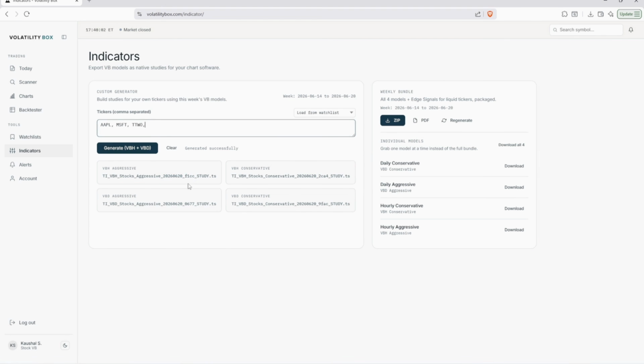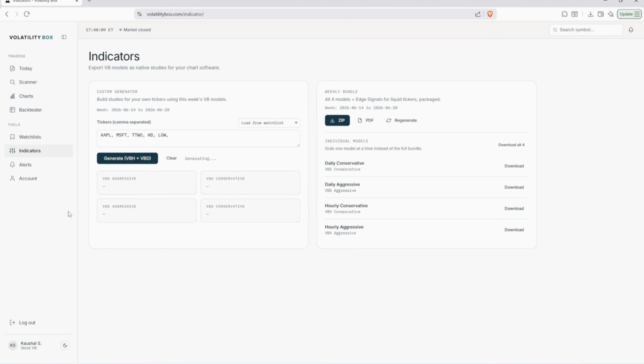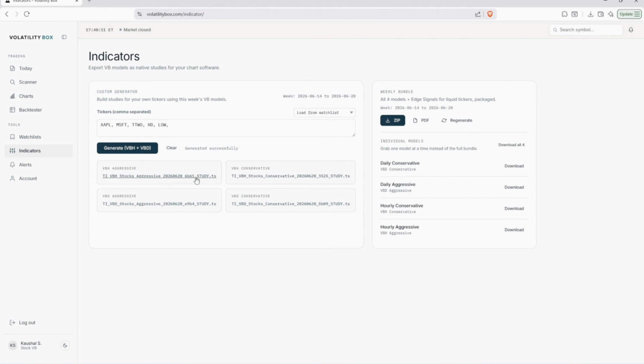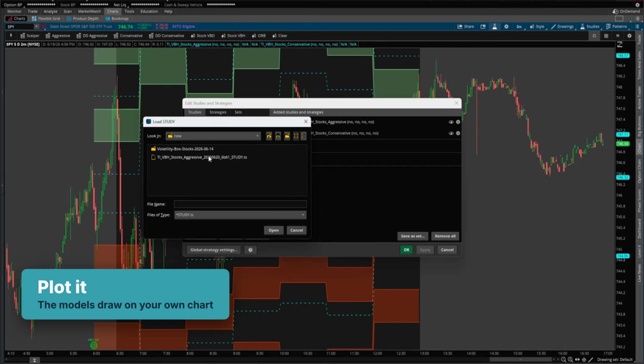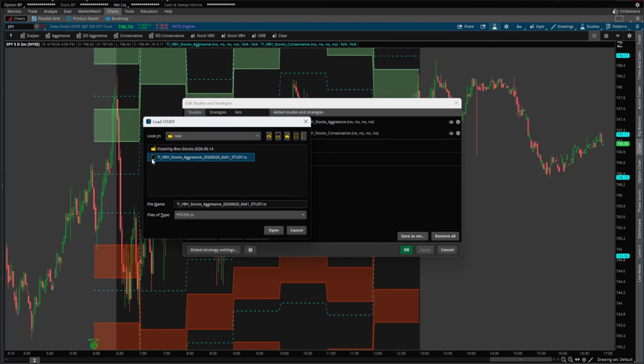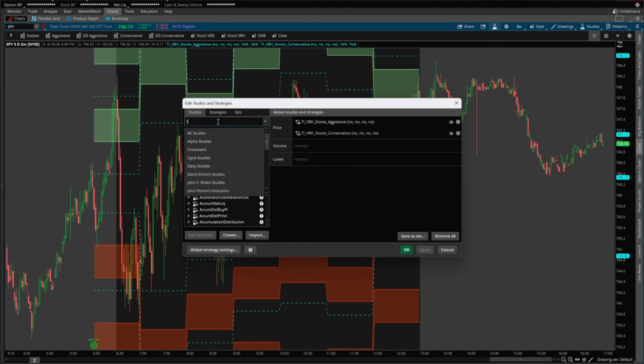Now, similarly, let's say instead of just this list, you wanted to add a few others. Simply add in that list, click Generate, and we will regenerate the indicator file for you with a new indicator file. To download this, simply click on this link, and that will then download that indicator file directly into your platform, which you can go ahead and import in just like we did before,